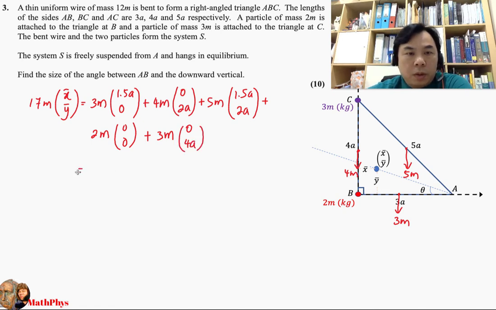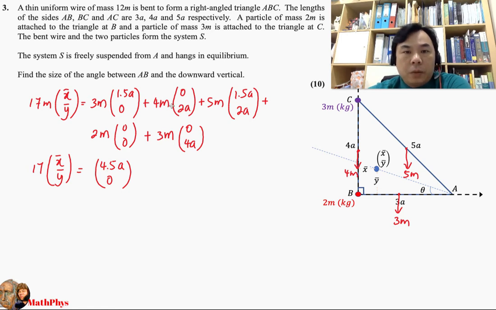Now if I conclude this, there will be 4.5a, 0, and then this part will be 17 x bar, y bar. I can get rid of all the m here, since m is a constant. Now there will be 0, 8a,